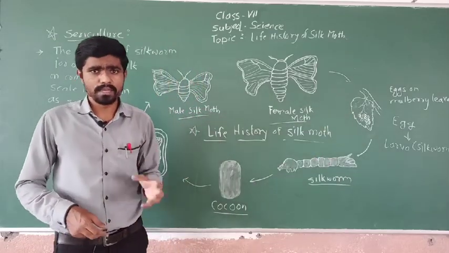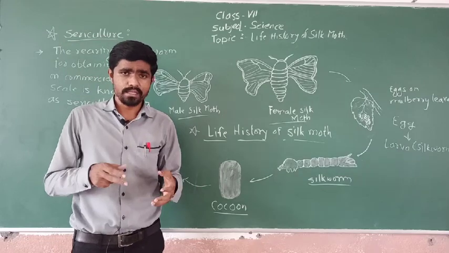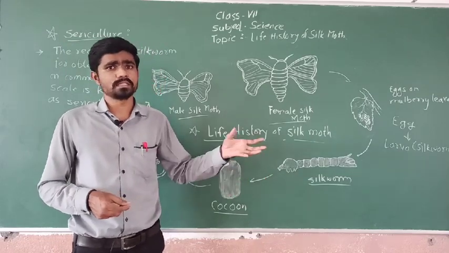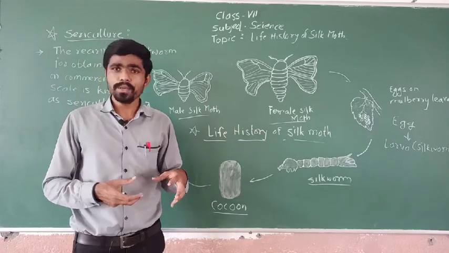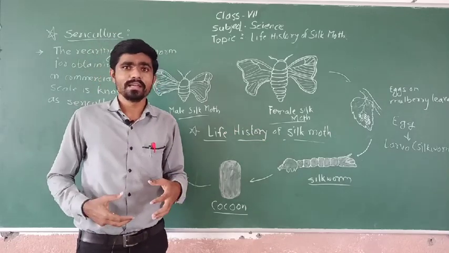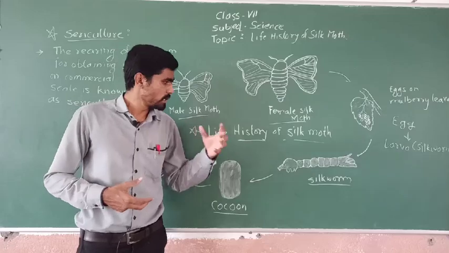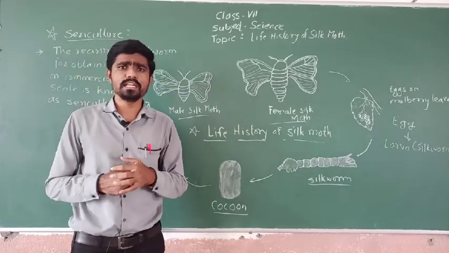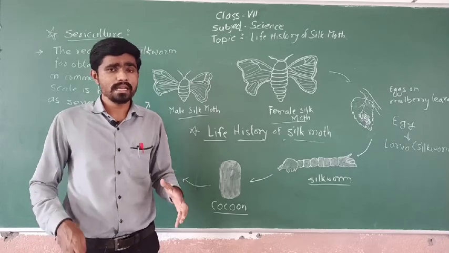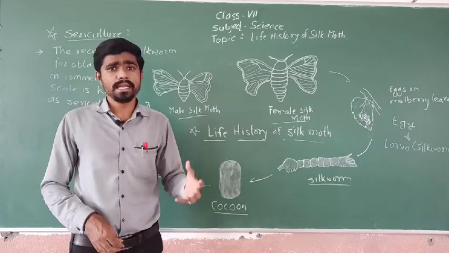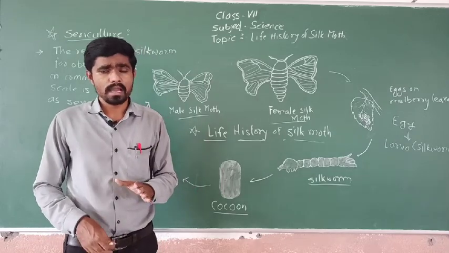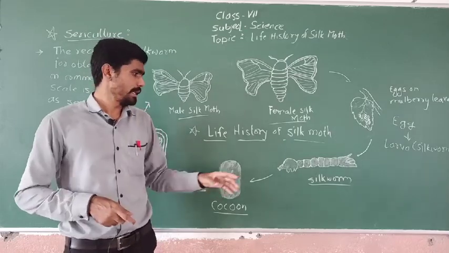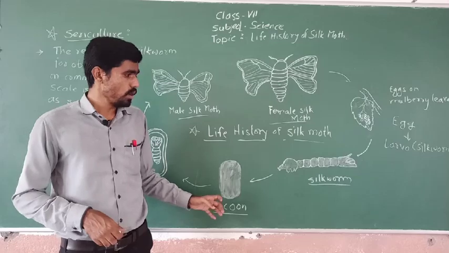The mulberry leaves, we need to chop them and provide them to the worms, or just release them on the trees. So they will eat up even the whole tree. That much capacity the silkworm has. They are voracious eaters, means they continuously eat for some days, and suddenly after some days the eating process stops, and then it starts spinning a thread around itself. And then the next stage is pupa.